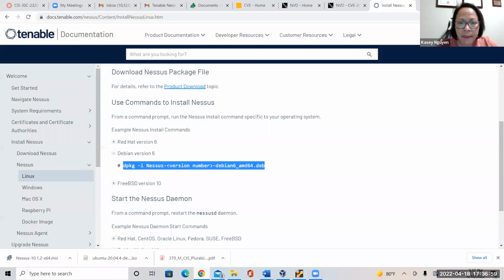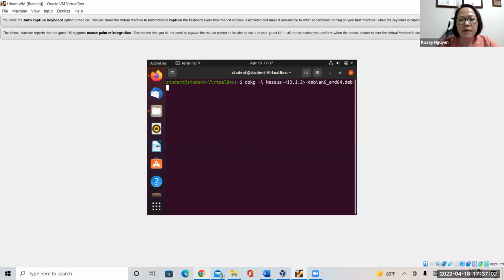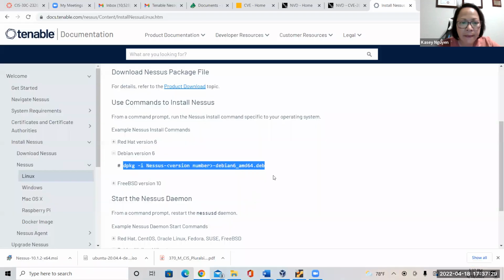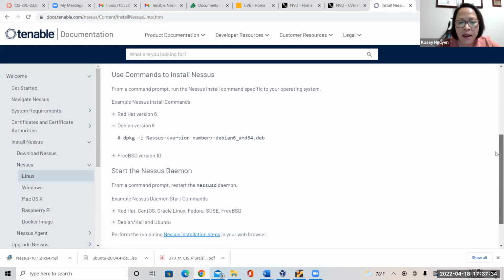AMT64 DB. Oh. I gotta get, got to get to the, and then after you have